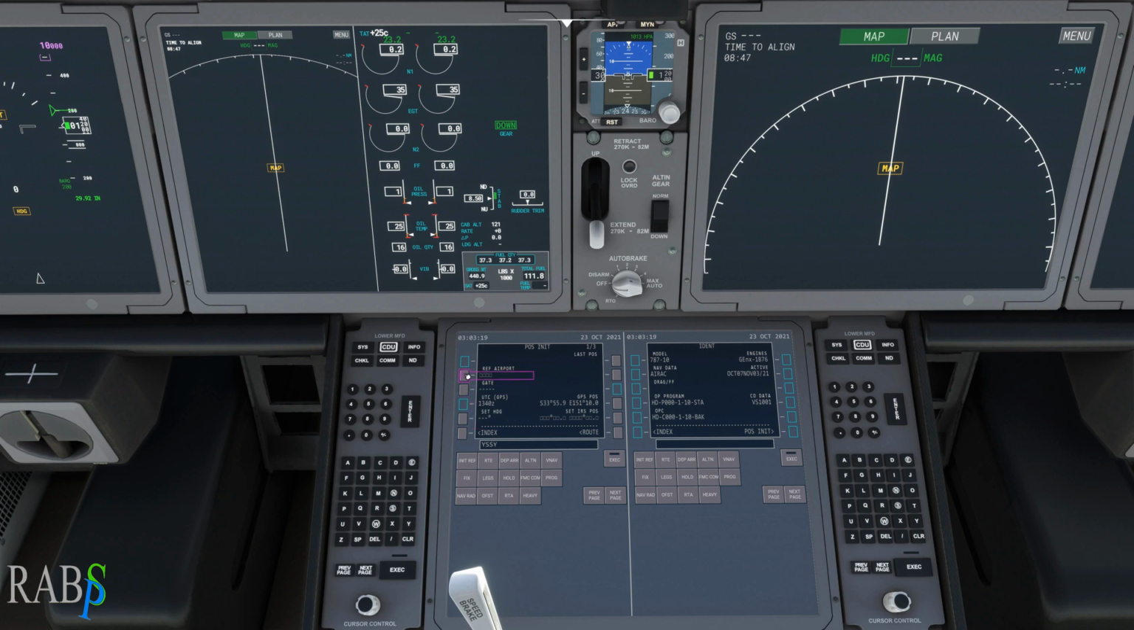YSSY, gate 5, heading 242. YSSY, drum roll. Nope, nada. Okay, well, in the interest of saving some time and to cut a long story short, I basically